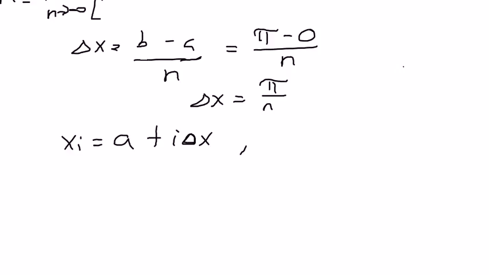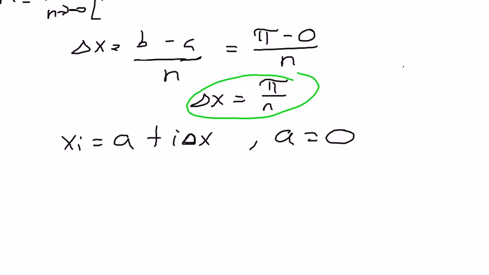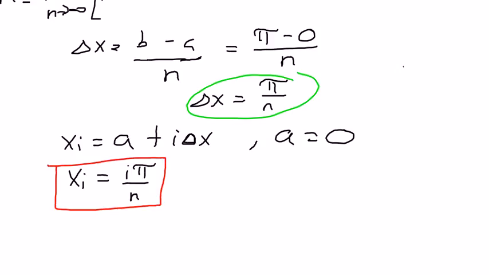We've already determined that delta x is pi over n, and we know that a is equal to 0, or x naught, whatever we want to call that. That's given. Therefore, this is going to equal i pi over n. And we're going to take this